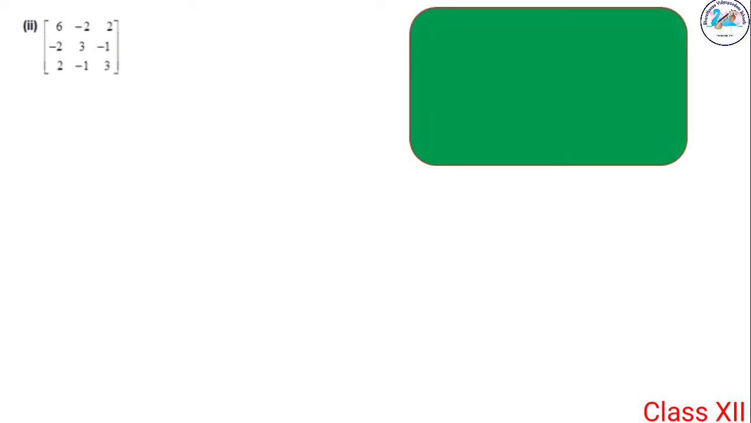Now move on to the next question. That is, a 3 by 3 matrix is given to you. We have to write it as a sum of symmetric and skew symmetric matrix. We have to recall the concepts. That is, there is a square matrix A, and we have to rewrite A as 1 by 2 into A plus A transpose plus 1 by 2 into A minus A transpose. So when you rewrite these two, A plus A transpose is a symmetric matrix and A minus A transpose is